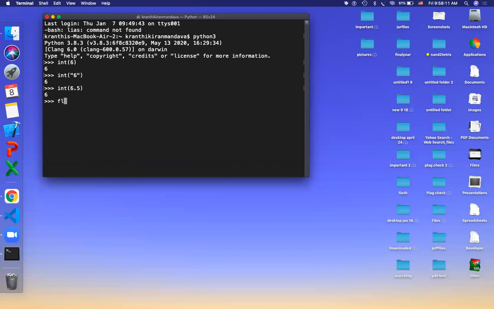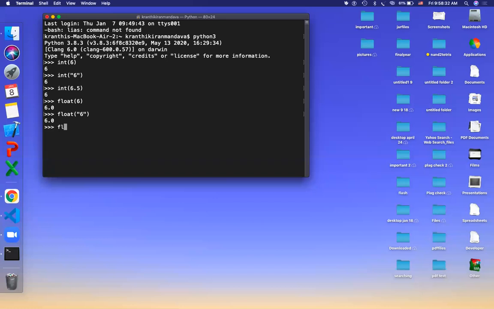If you want to convert 6 to float, a normal integer 6 is being converted into 6.0, which is a float value, so it has a decimal point. You can convert float of 6, still the same thing.